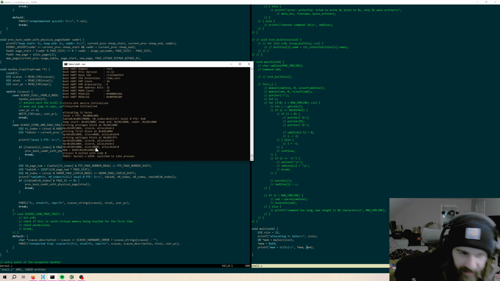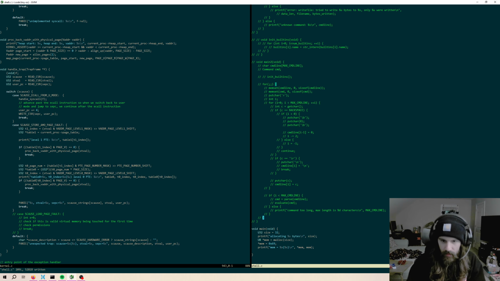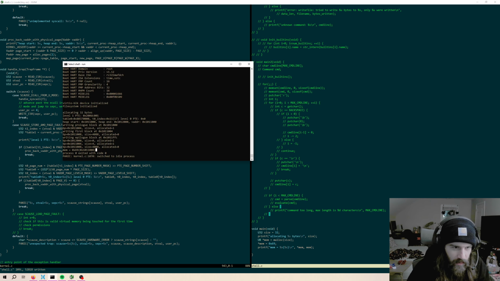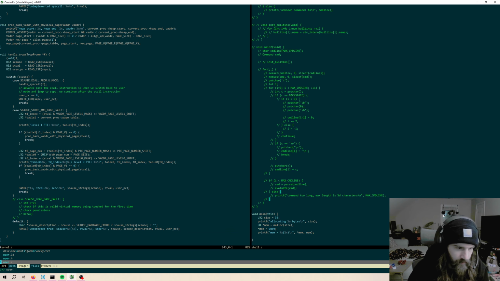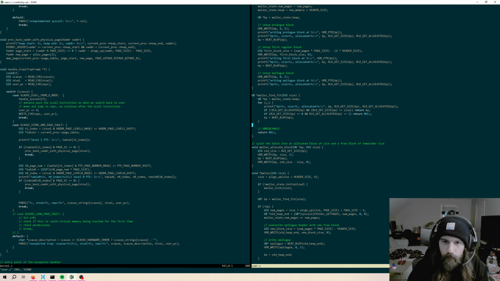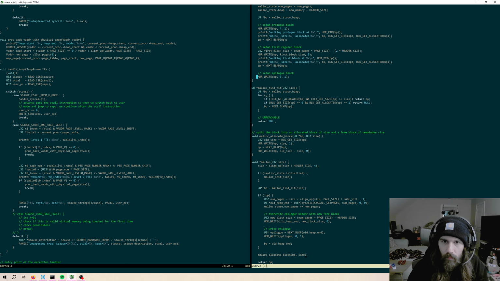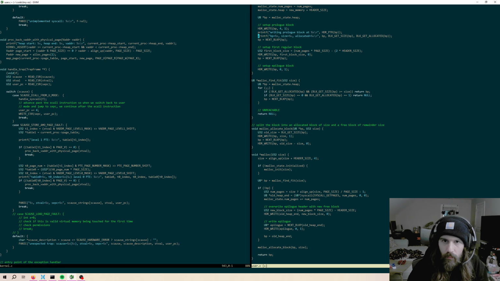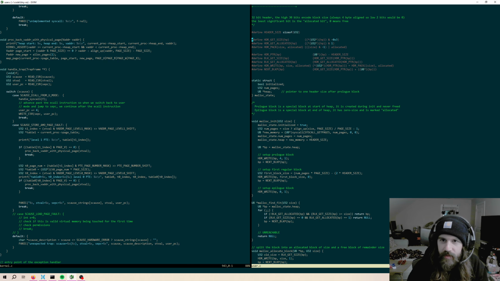We have dynamic memory allocation now. Sick. That's cool. That's really cool. Alright, we can get rid of a bunch of this printing. Alright, we added like a million parentheses that don't matter, but